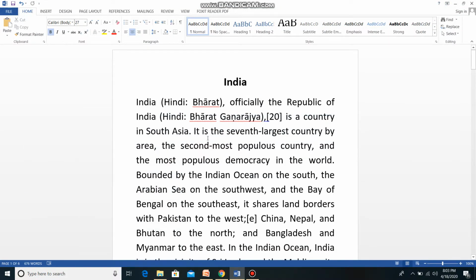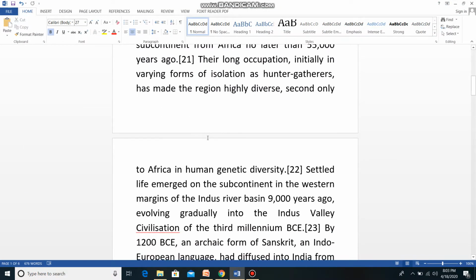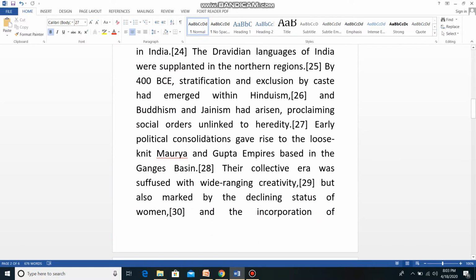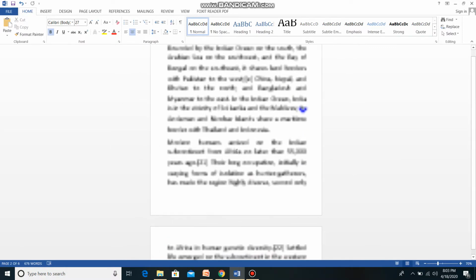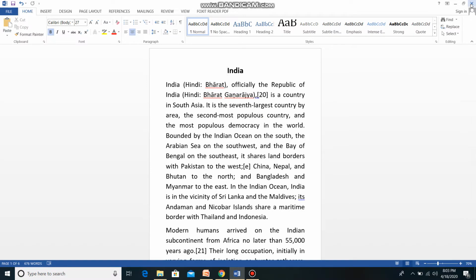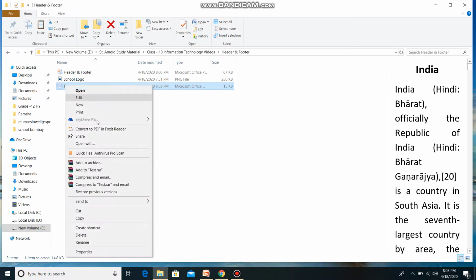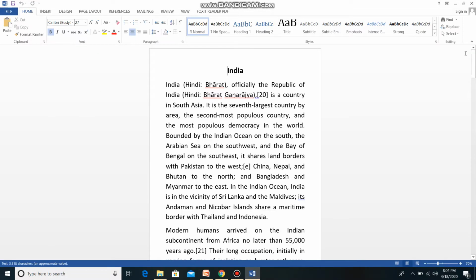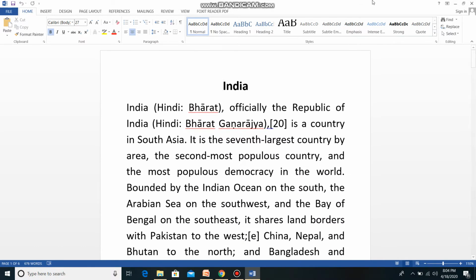First I want a word document, so here is my word document, ready. Again I'm closing this, and again I'm opening my word document.